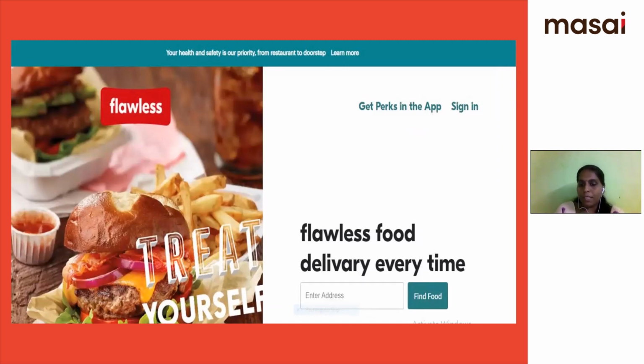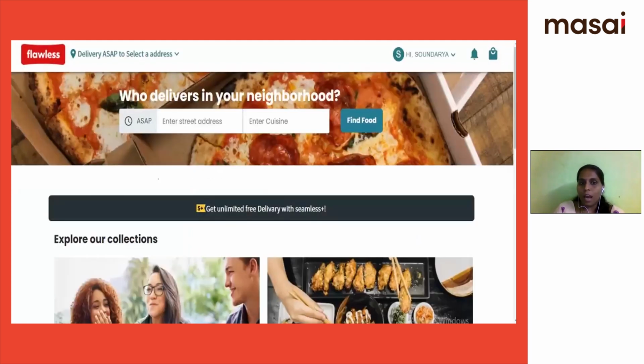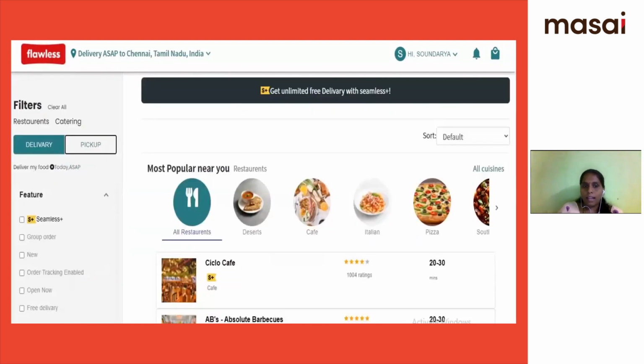From here, according to the search bar, it goes to the next page directly, or otherwise it takes us to the login page. If we log in, it moves to our sign-in landing page. After signing in, we can search for the address and find it, and we work on that. From here, I can move to the restaurant listing page.